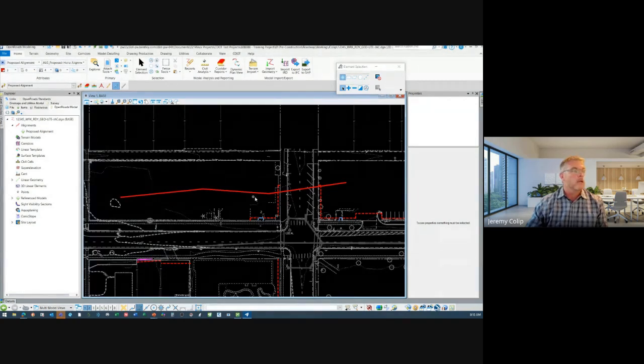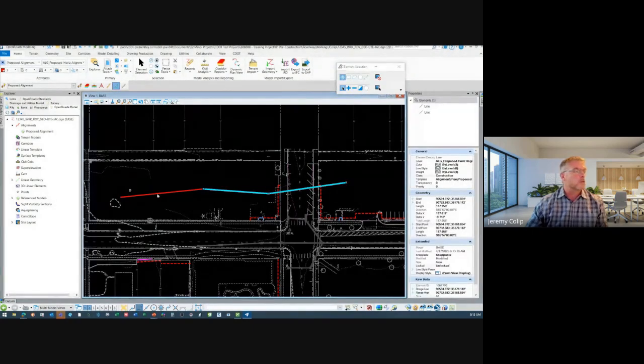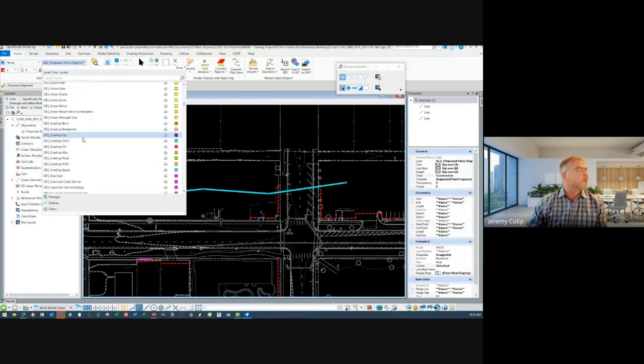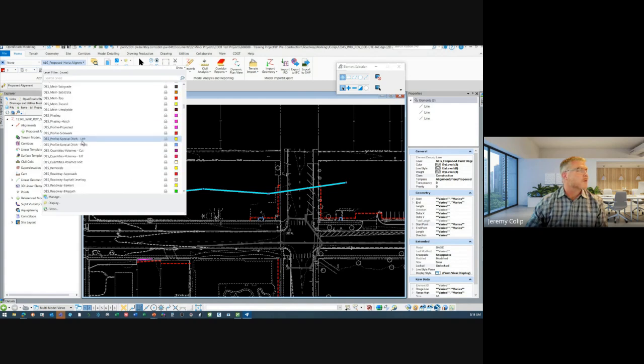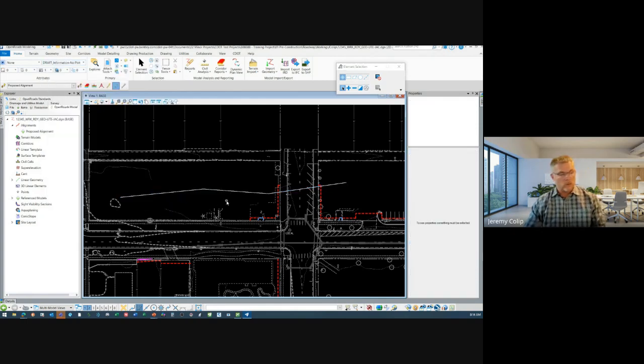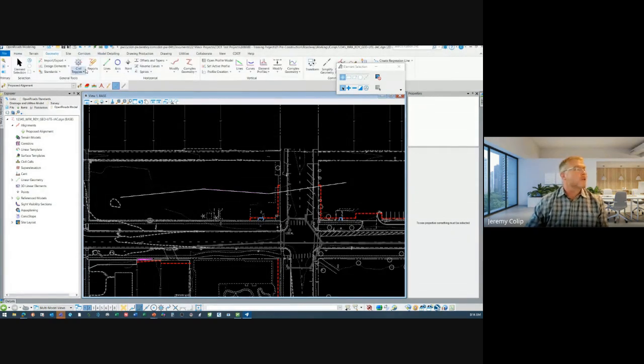If I turn those on and off, that's the reason to have those on construction, because then I can come back to that. The other thing I would also do is make sure this is on none. This should be on a draft no plot level. That's one of the things we want to make sure is on. So I am going to go into that draft information no plot. So for my geometry then,